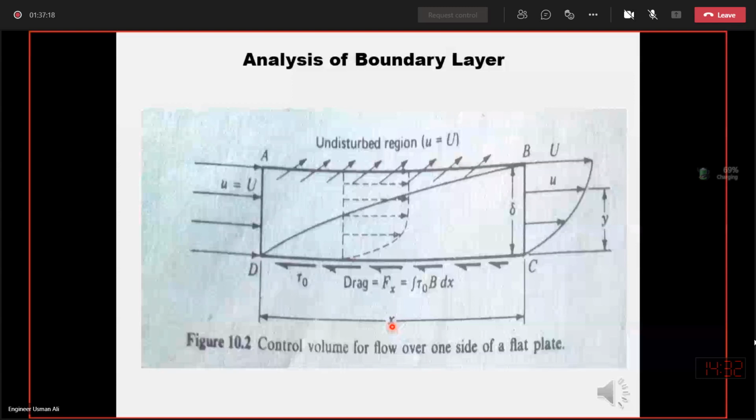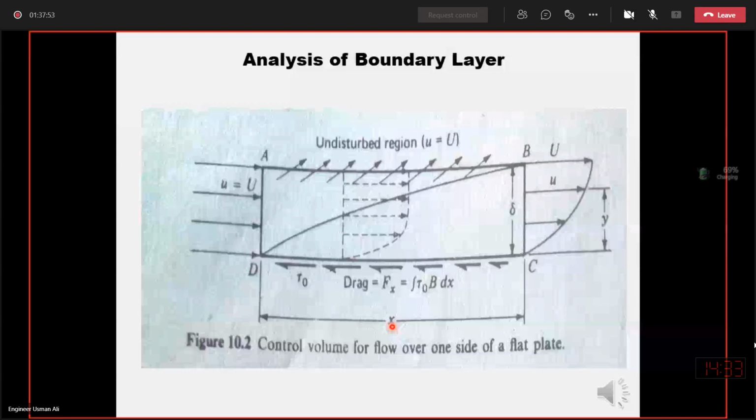So the summation of all the external forces acting on a control volume of the fluid is equal to the rate of change of momentum on the control volume. This is the momentum leaving the control volume minus the momentum entering the control volume. So this is how we have written this. Now further we can simplify it. You can multiply, so this will be rho b integral 0 to del u square dy plus rho b. You can multiply this rho inside, so it will be rho u b del into u.